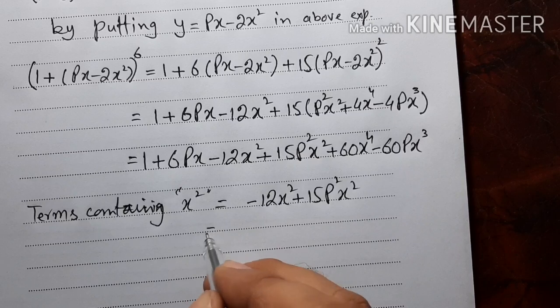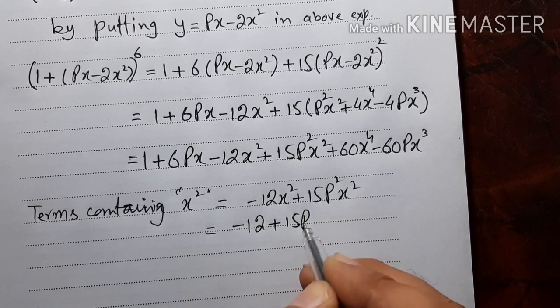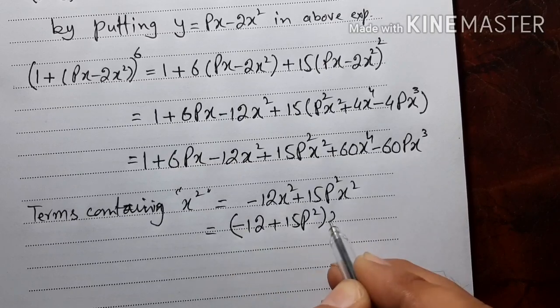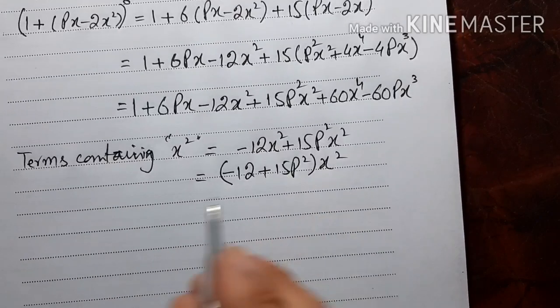So I'll take x square common: (minus 12 plus 15p square) x square. So if I see the coefficient of x square